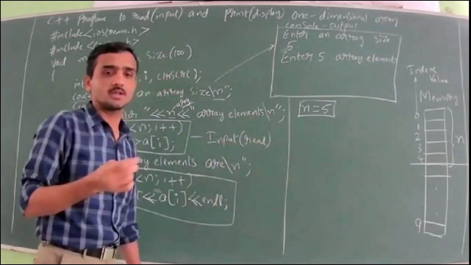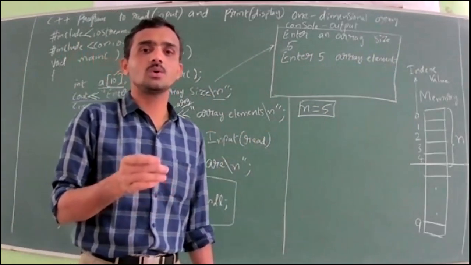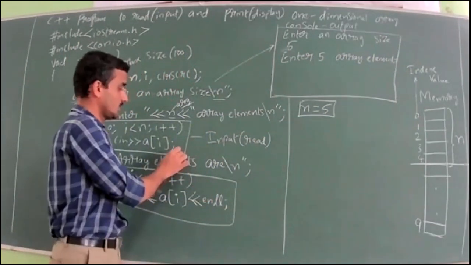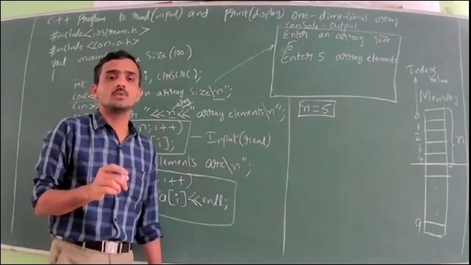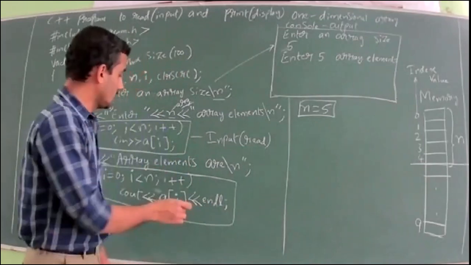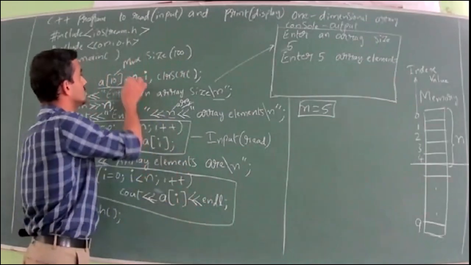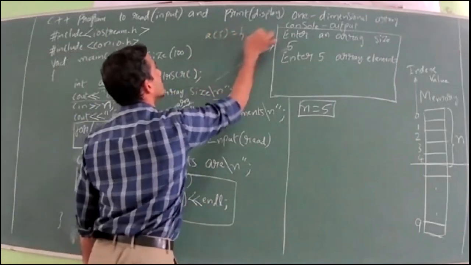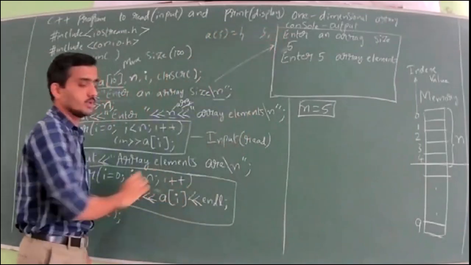Sometimes you may get separate questions like write a code to input the values of an array. Then if you write this much, it's enough. Up to here is enough. Or you may get a question, write a code to print the values of an array. So directly you can go for this code. In that case, you just initialize the values: a of 5 is equal to some values, and then go for this code.